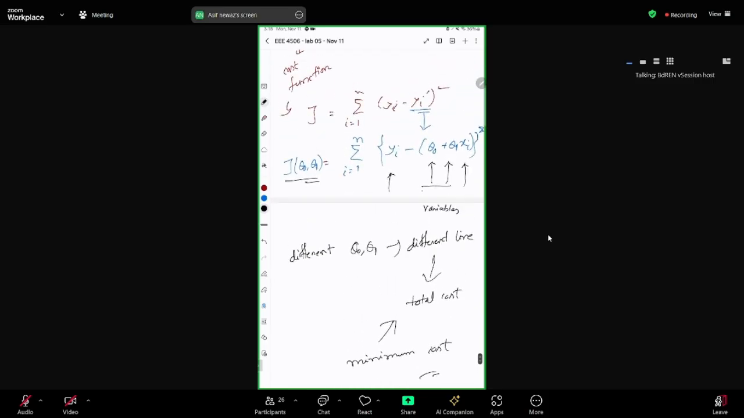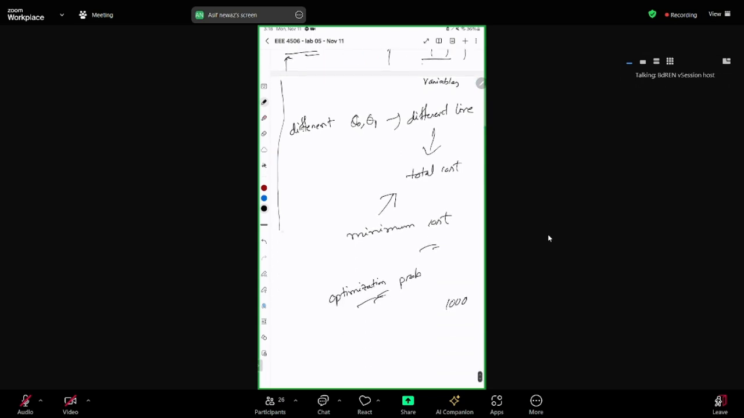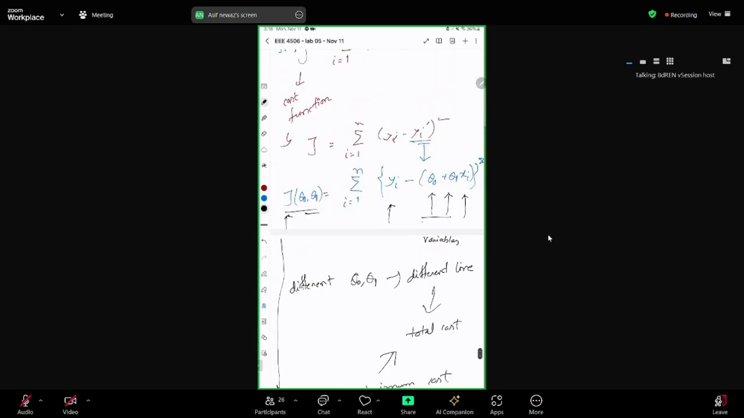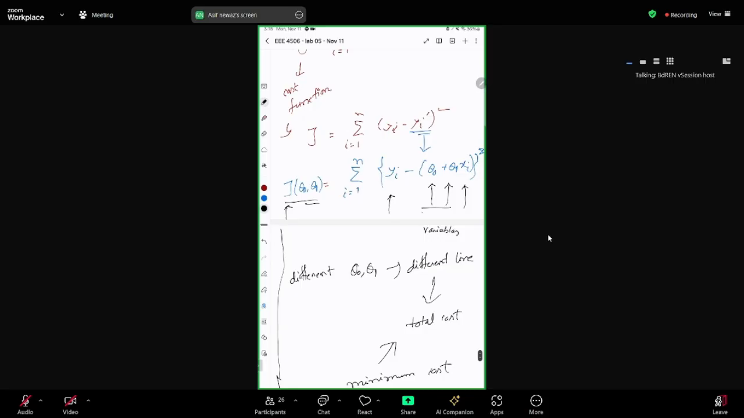So we are trying to optimize this function. This is our cost function, this equation we are trying to optimize. Based on theta 0 and theta 1, we'll change the value of theta 0 and theta 1, and we are trying to find